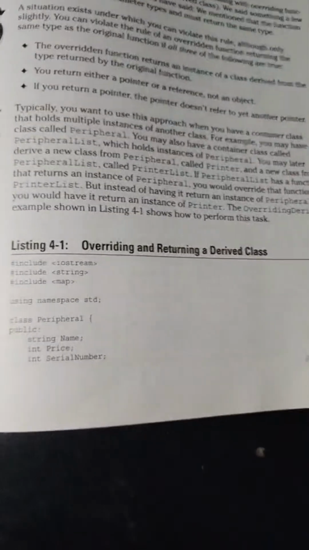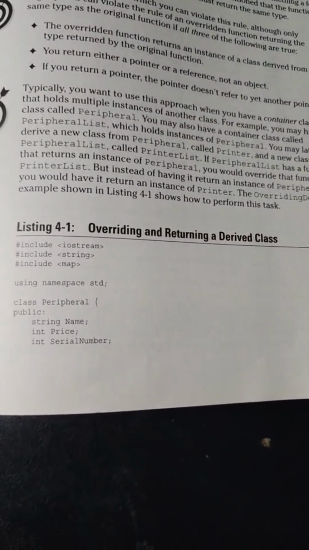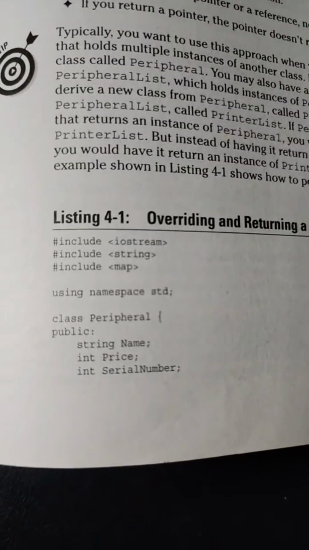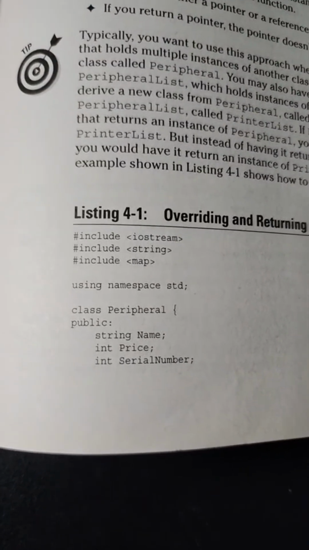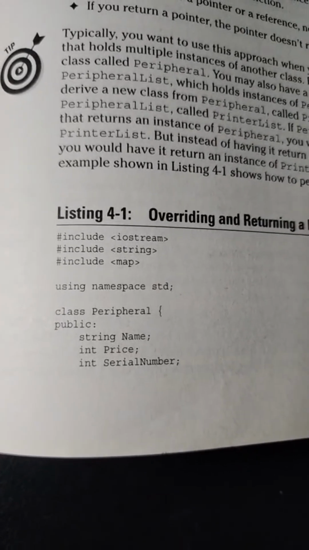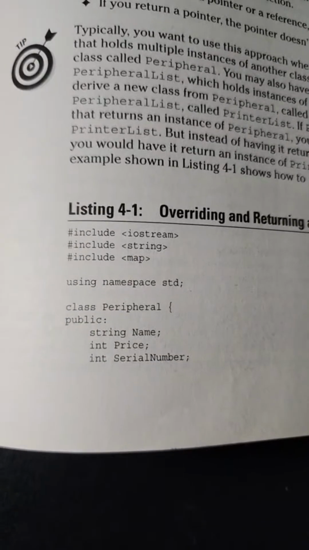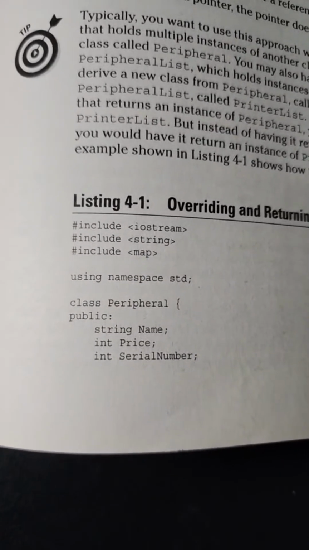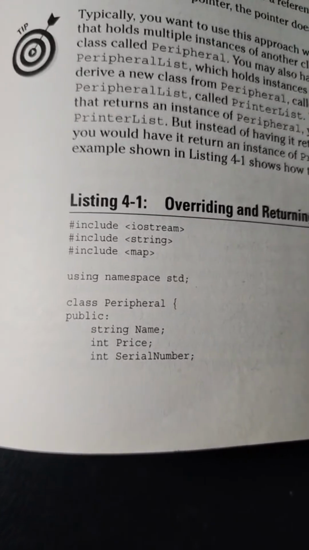Oh, here. Sorry. Listing 4-1. Overriding and returning a derived class. #include <iostream>, #include <string>, #include <map>, using namespace std; class Peripheral { public: string name; int price; int serialNumber;